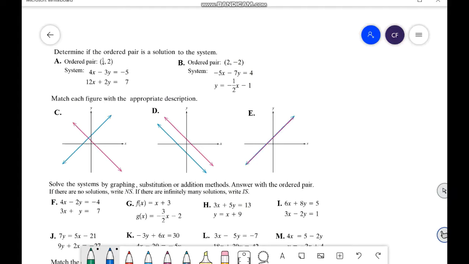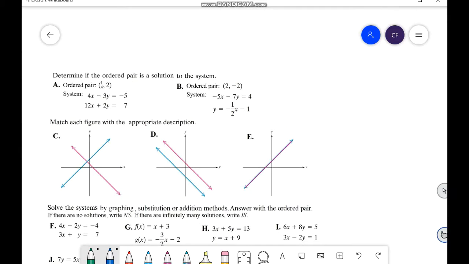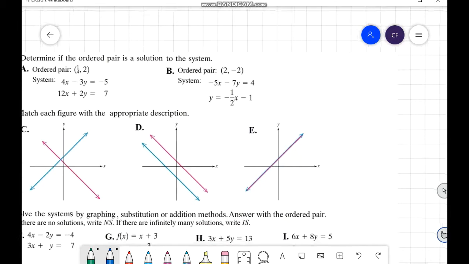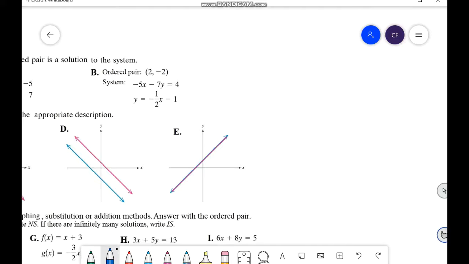We have several questions, and the first set of questions is to determine if the ordered pair is a solution to the system. So you have two questions about this. Let's work on only one, it's the same procedure, okay? Let's work on letter B. To find out if the ordered pair x equals 2, y equals negative 2 is a solution for this system here,